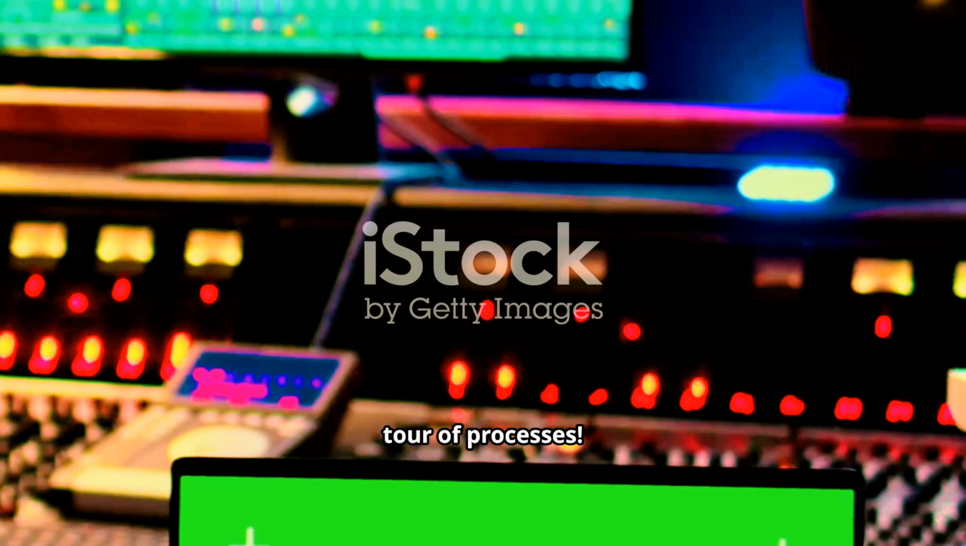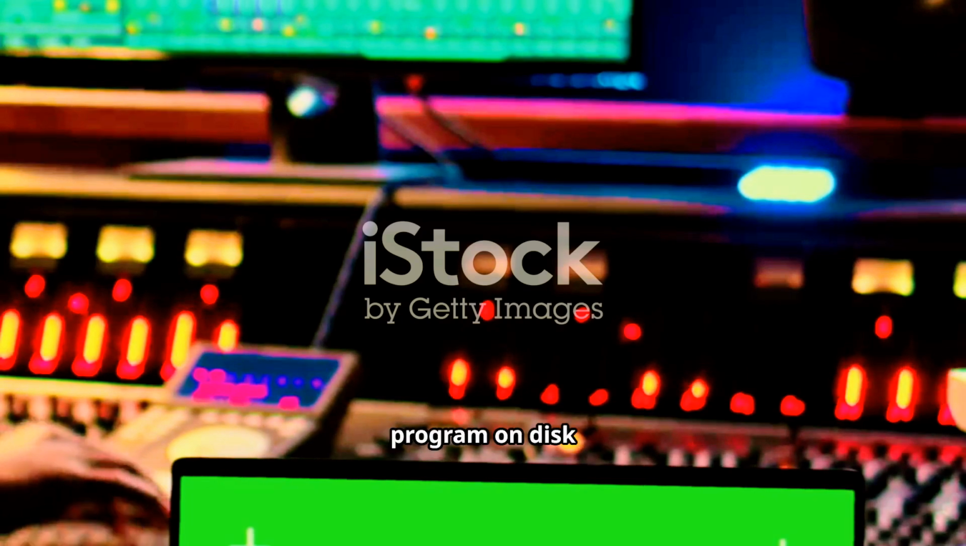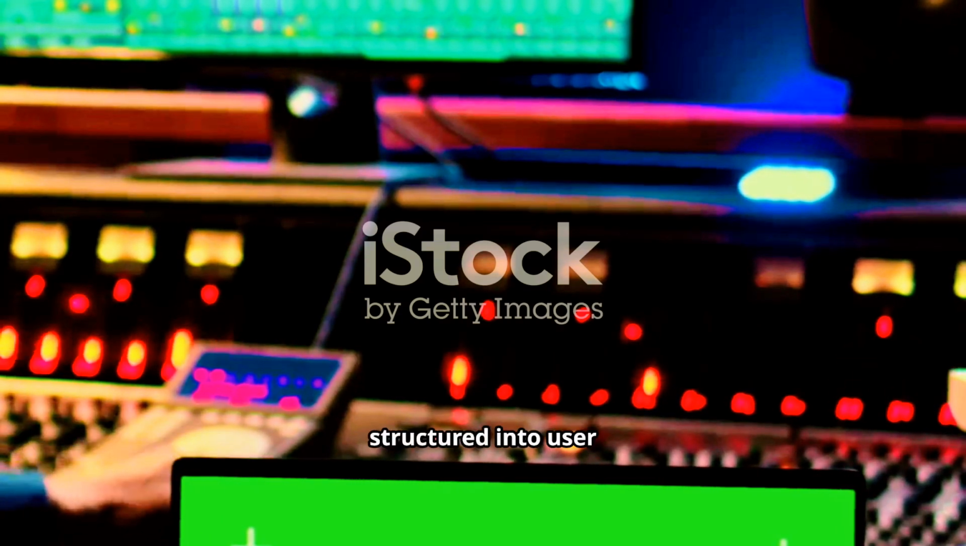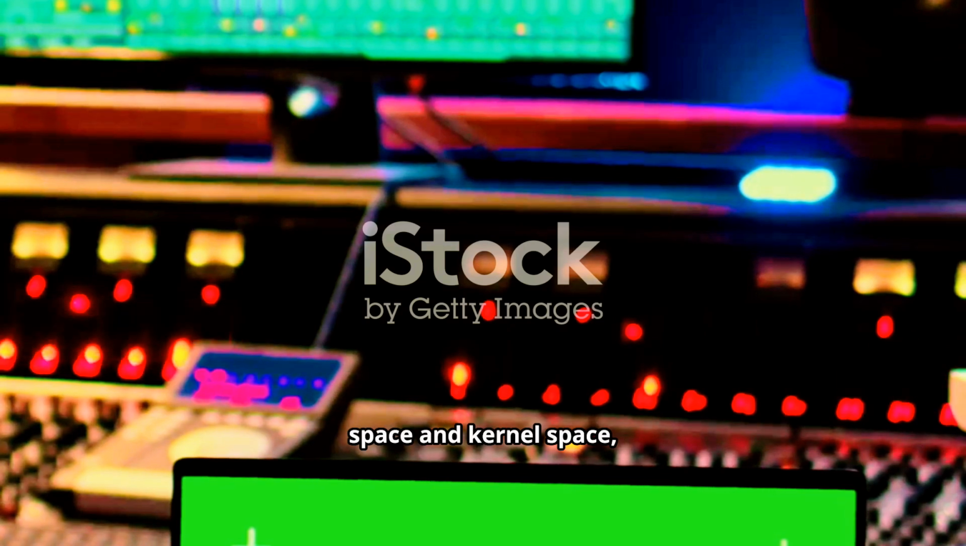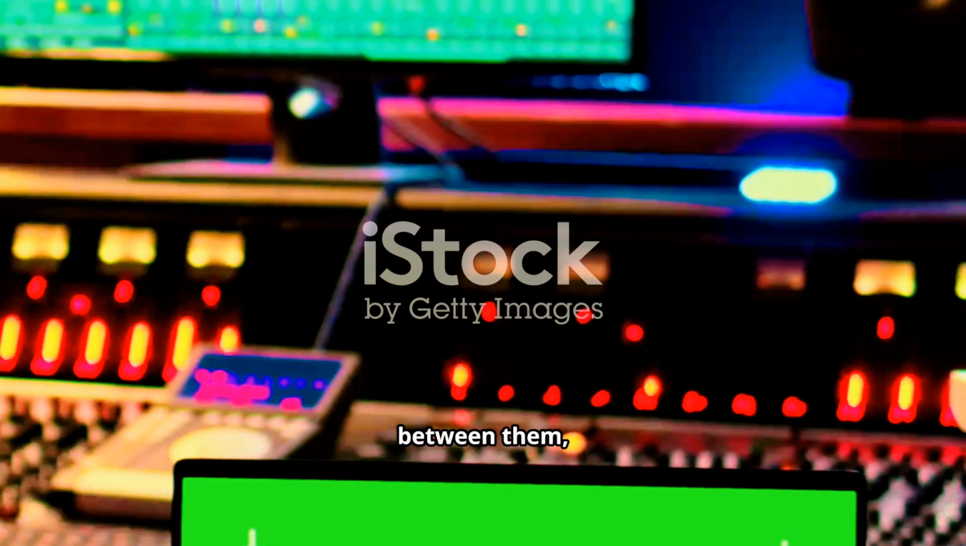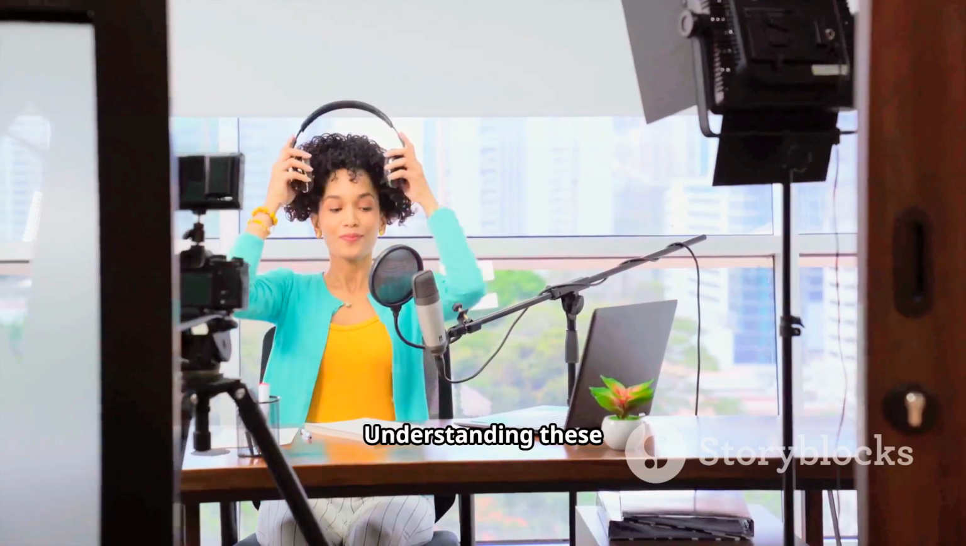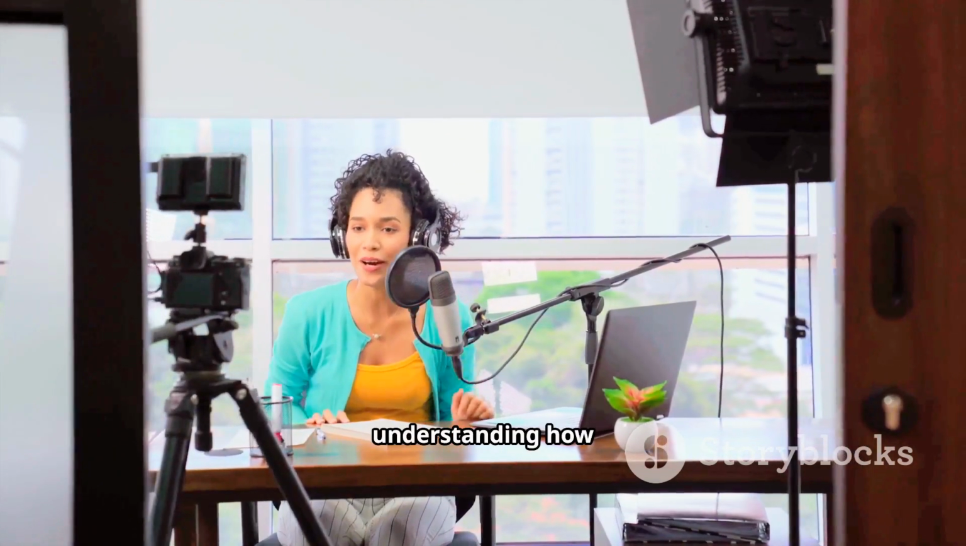And that's a quick tour of processes. We've seen how a program on disk becomes a running process in memory, how that memory is structured into user space and kernel space, how system calls bridge the gap between them, and the different ways an OS kernel can be designed. Understanding these concepts is the first step to understanding how modern computers